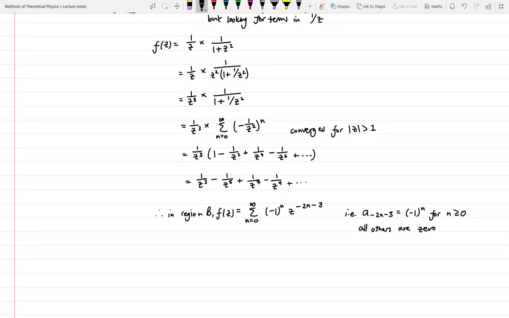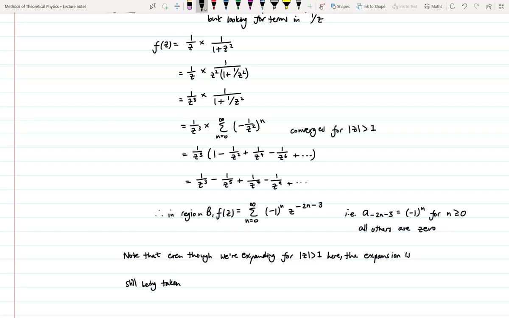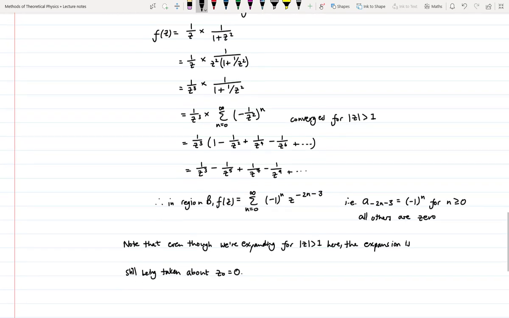I'll end this example with the note that even though we're expanding for mod z is greater than 1 in this second region, the expansion is still being taken about z0 equals 0. As one more example,